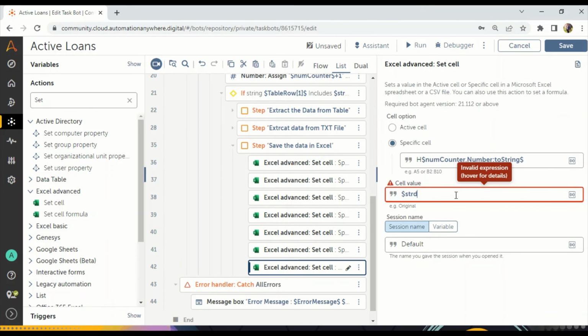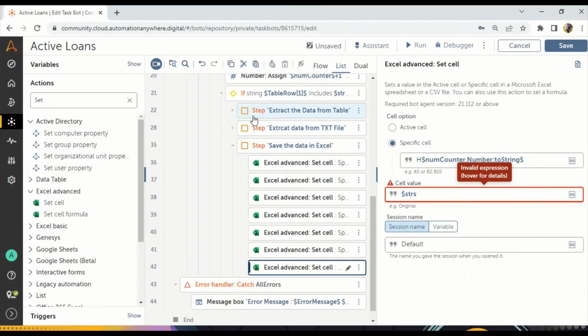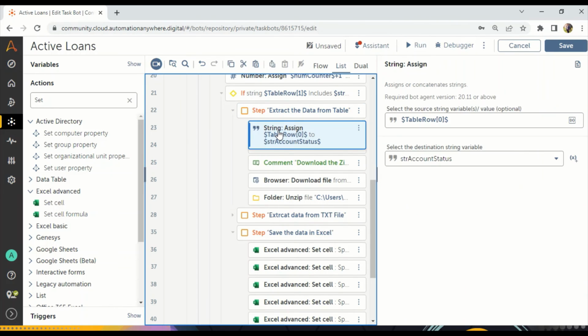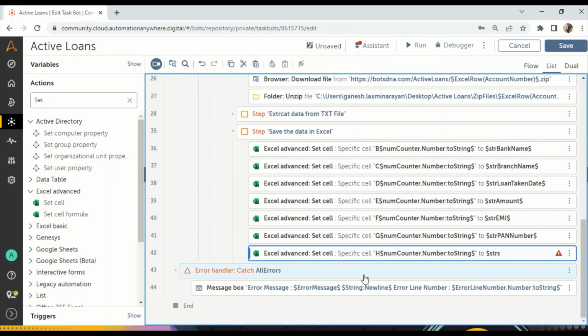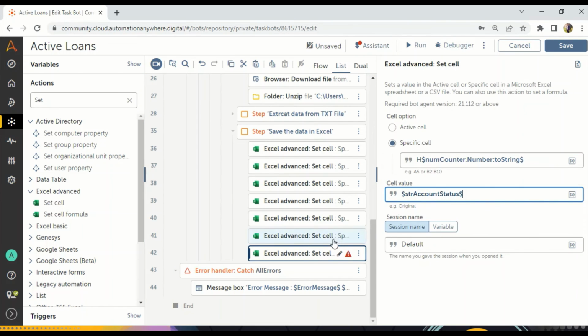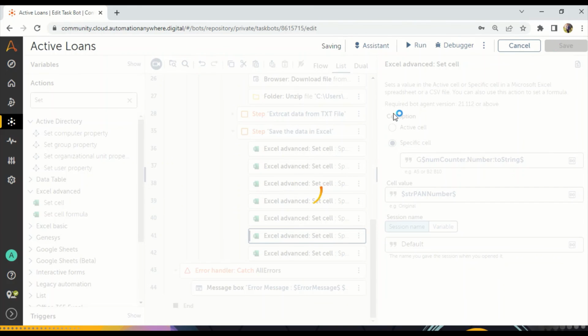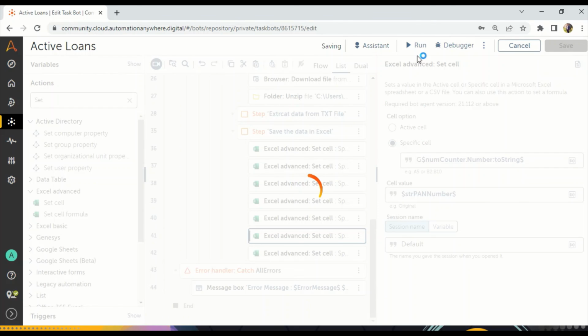str status. Okay, what is that str status? Account status. Okay, account status is a variable. Take it, done. So now just save the bot and close your input sheet and try to run the bot. Okay, once it is saved,